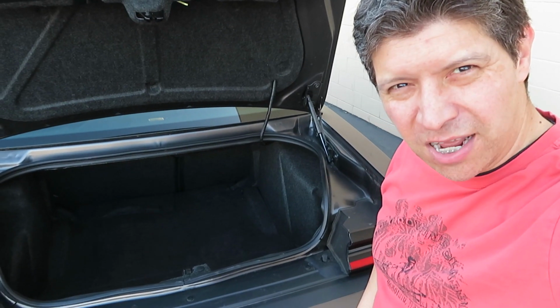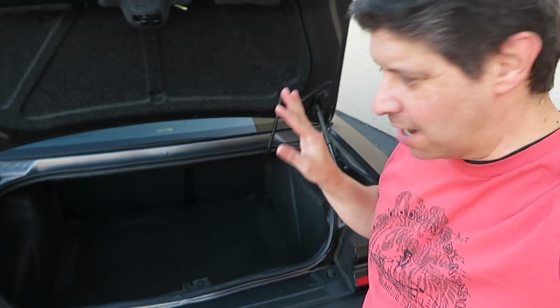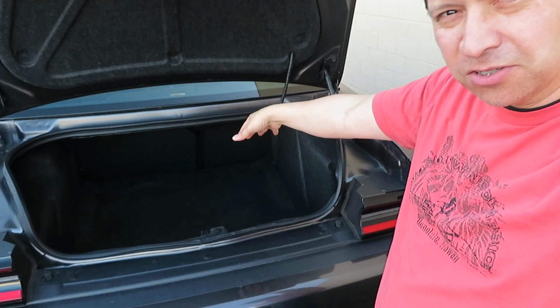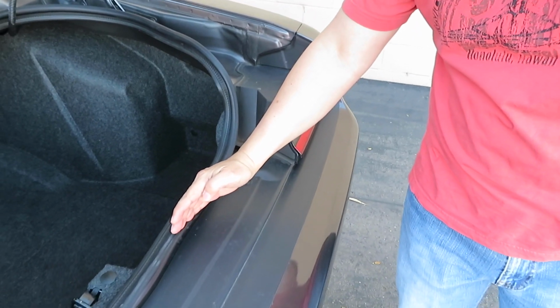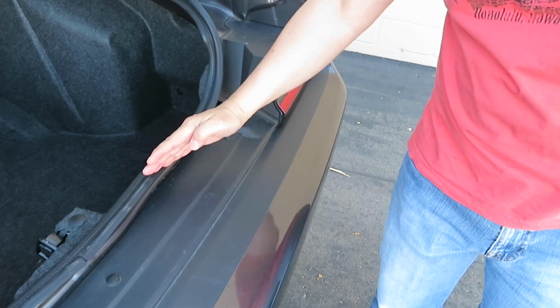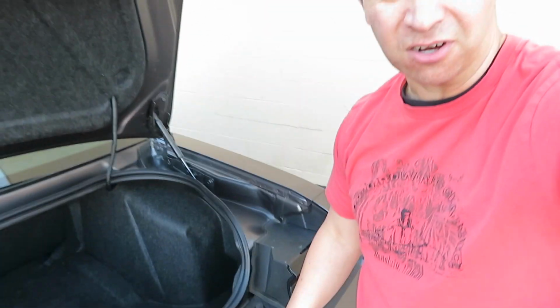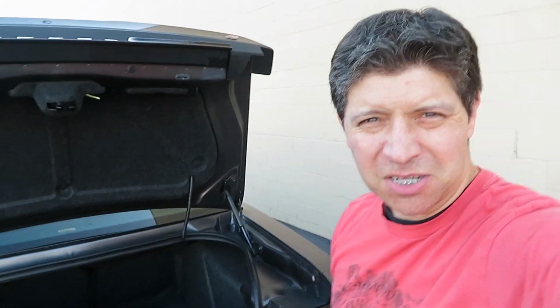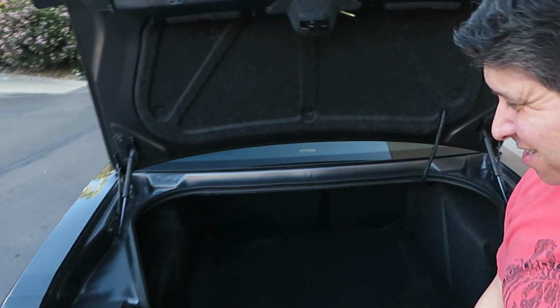The one thing I want to point out though is that although the loading area is top loading, so you have to lift to get to it, look at the distance here between the mouth of the opening of the trunk and the back of the bumper. This is like a good 10 inches. Interestingly, it's something that I don't see in many other cars, and maybe because it's a sports car and the way it was designed, it's not meant to be very practical, but the trunk is very generous. If you look at the trunk space, you can easily put three golf bags in there, and you'll still have